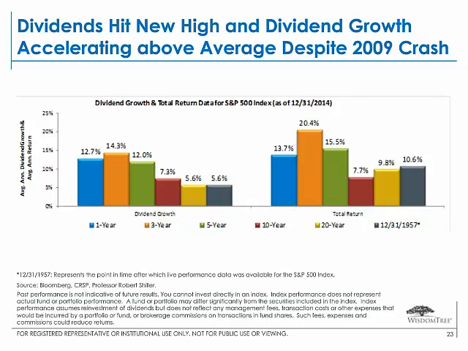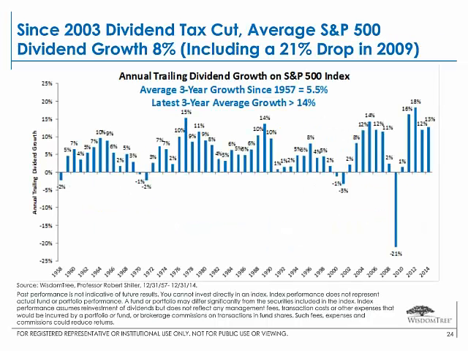It's one of the more exciting parts of U.S. markets, and another way to look at it is you can actually look at it year by year by year, going back, again, all the way to 1957. And if you look at 3-year periods going all the way back, the average 3-year growth since 1957 was 5.5%. So very similar to that long-term average that you saw on the prior page. The latest 3-year average growth is greater than 14%.